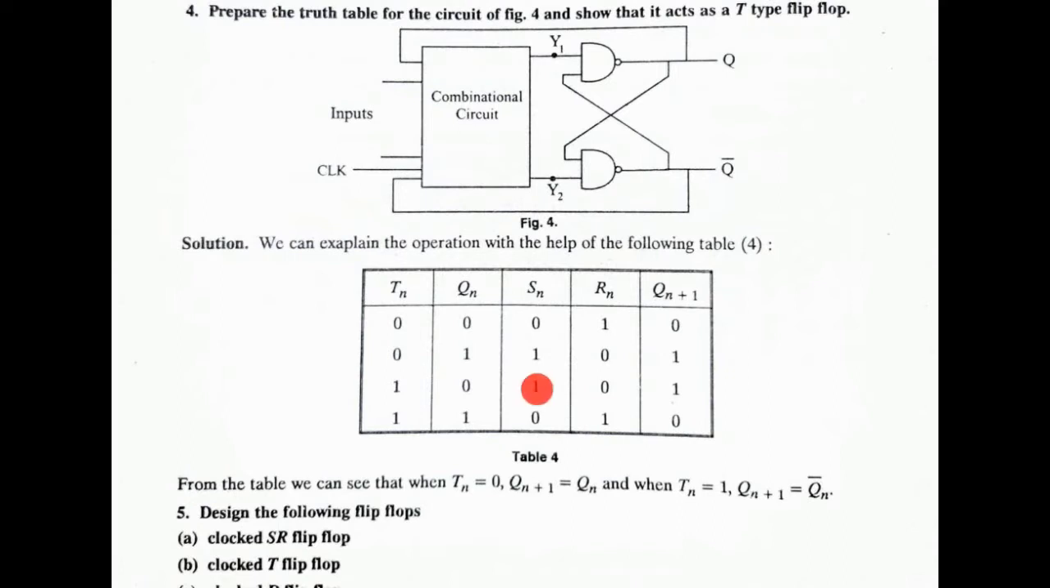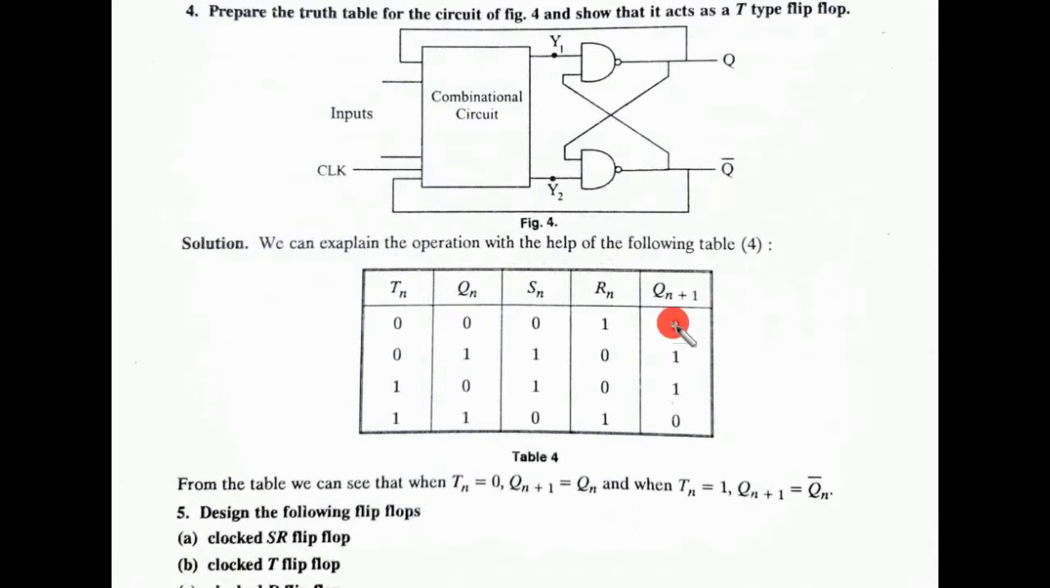For example, when set is 1 and the present state is 0, then it will toggle. The present state toggles from 0 to 1. Next, when reset, that is R equals 1 and the present state is 1 and the toggle is 1, there is a change. So the present state 1 is changed to 0, and from the above table we can see that Tn equals 0,